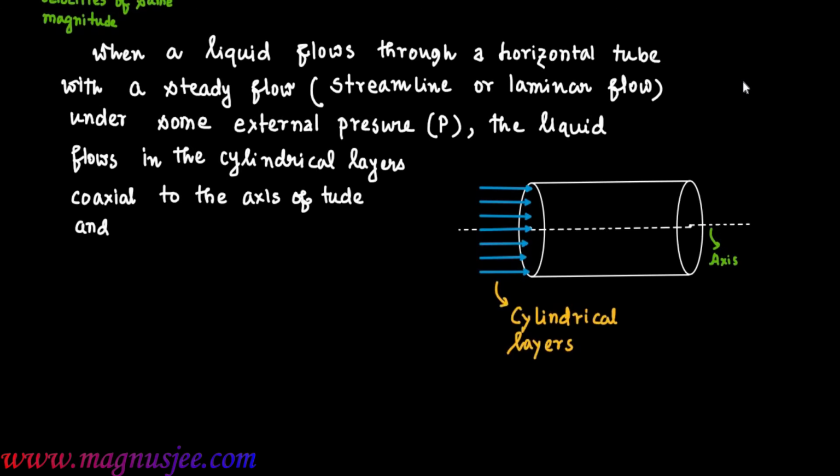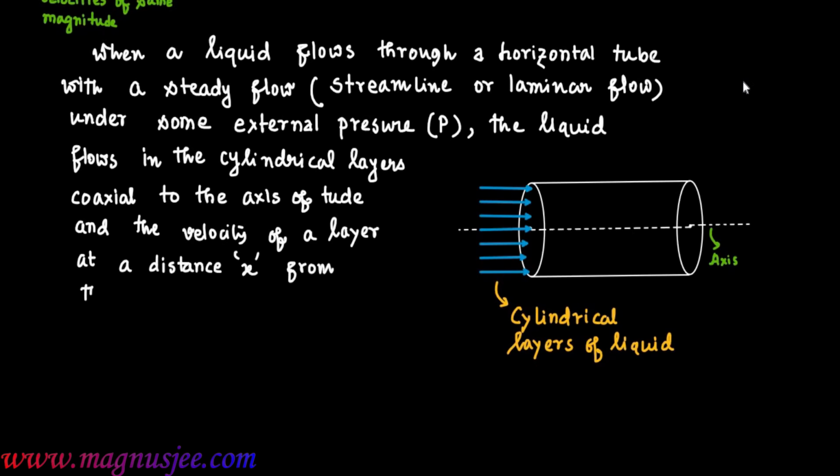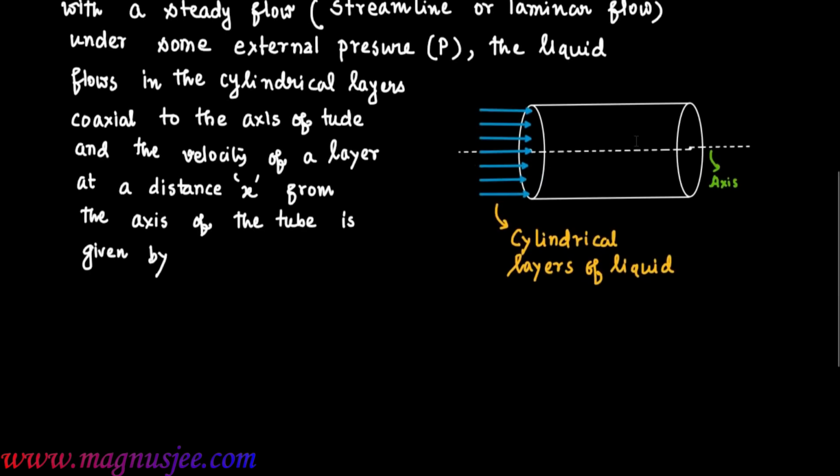These are the cylindrical layers of liquid coaxial to the axis of the tube, and the velocity of a layer at a distance x from the axis of the tube is given by